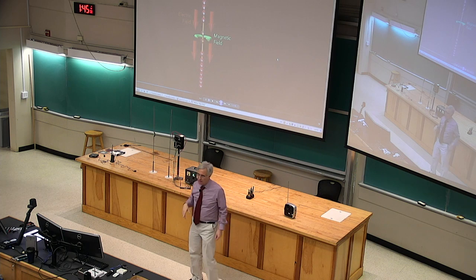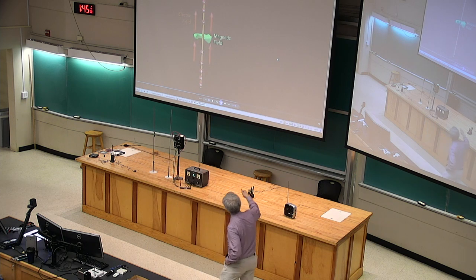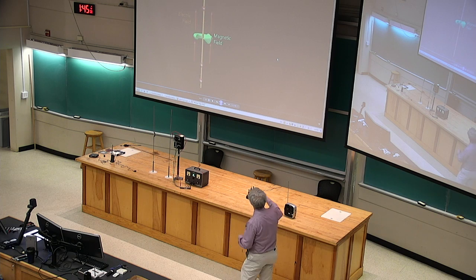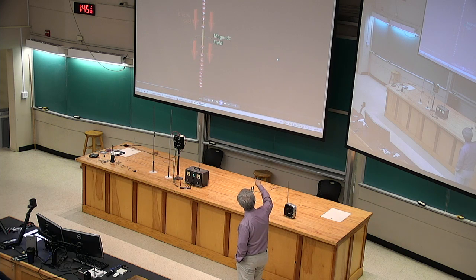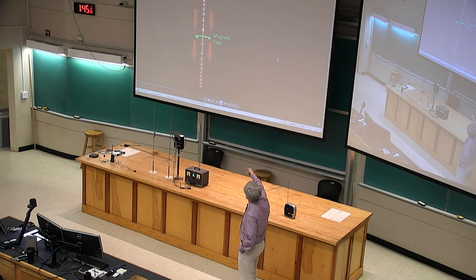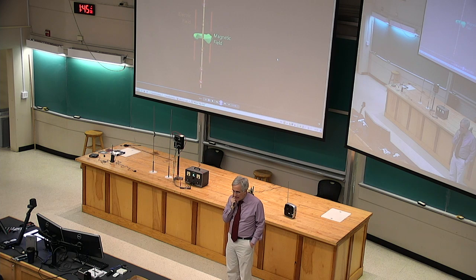A piece of wire, if you just look at this piece of wire, there are moments when the bottom of the wire is all positive charge, and there are moments when the top of the wire is all positive charge, and the other end, of course, is negative charge. So this is having the weird behavior of it's got a separated charge accumulating on the two ends. Here's positive on the top, negative on the bottom, and here is positive on the bottom, negative on the top. We've seen that behavior before. Oh, and in between, of course, there's a lot of movement and there's a magnetic field. We've seen that behavior before. We saw that with the tank circuit.